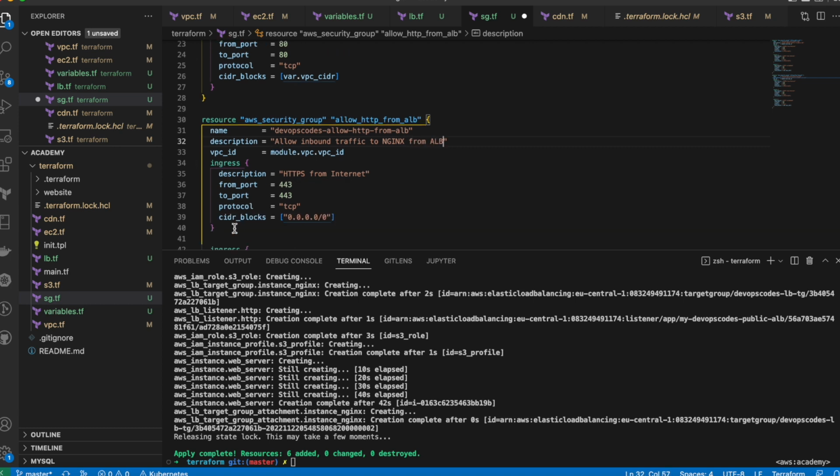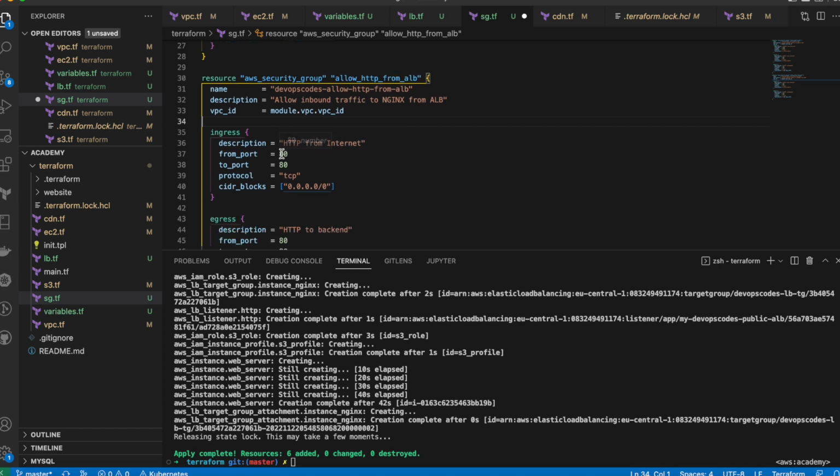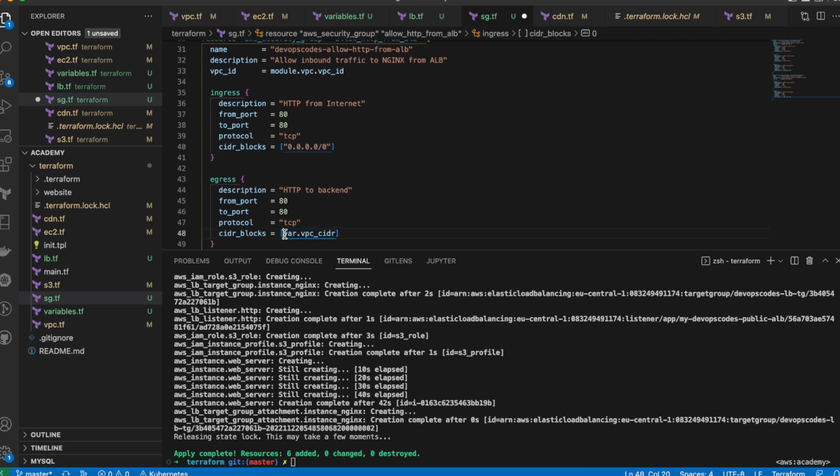Inside the VPC, it's the same traffic. We don't want to have encrypted traffic, HTTPS, inside our private VPC. We're gonna have port 80 to port 80, and we can define the CIDR here